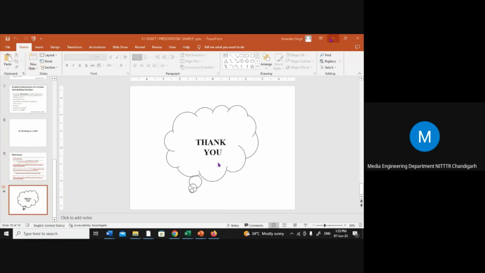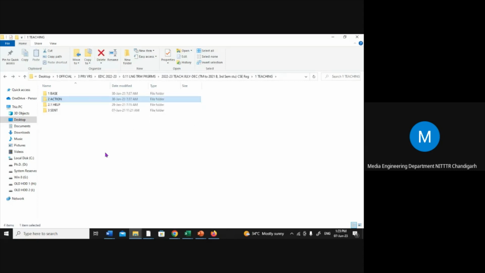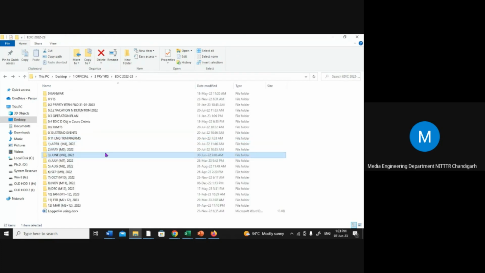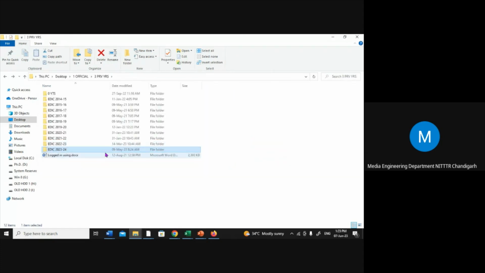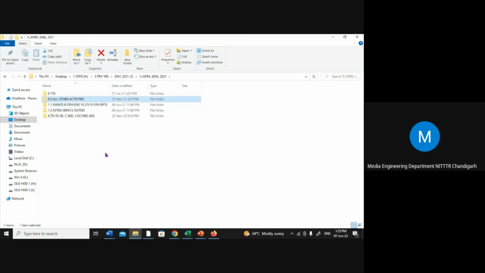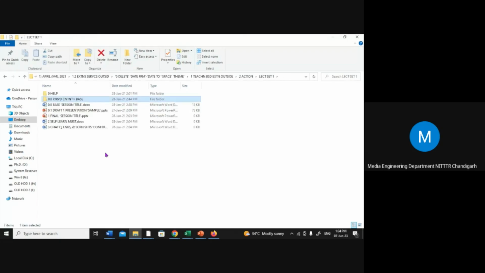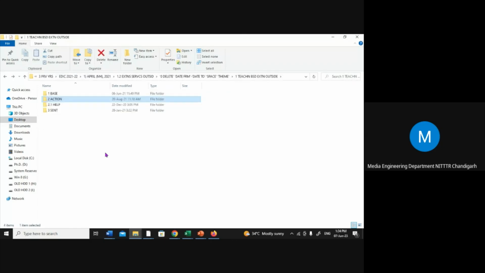So let me see if I have kept that also over here. Nowadays, what I am doing is I am keeping the APA referencing style also in every folder. So you know how to cite a subject, and you know where it is. Okay, it is not over there yet. Maybe in some other folder I have kept it. So what I wish to say is,